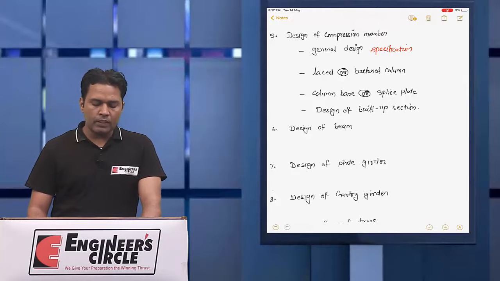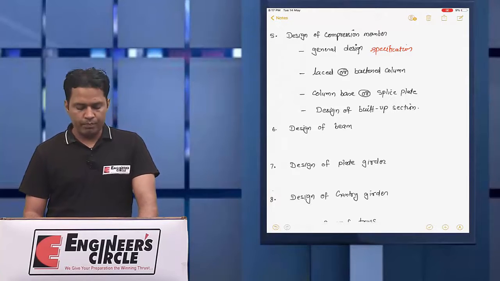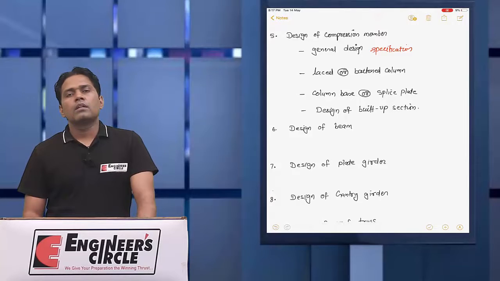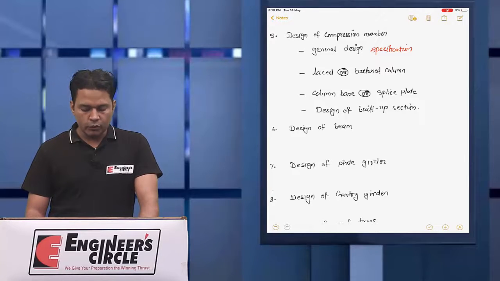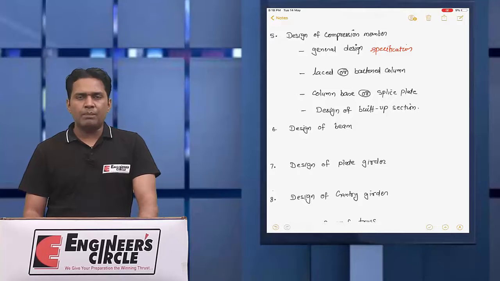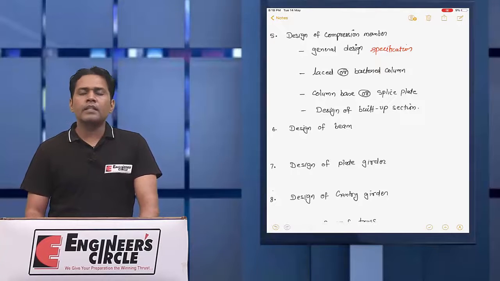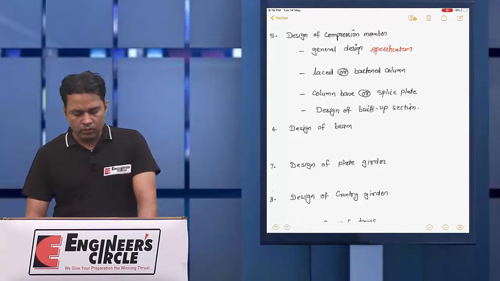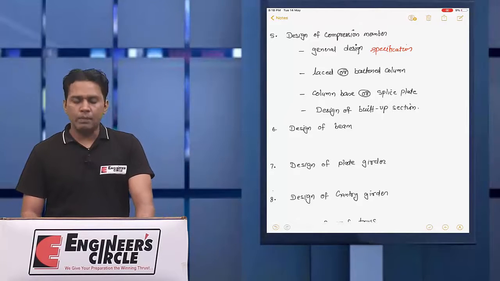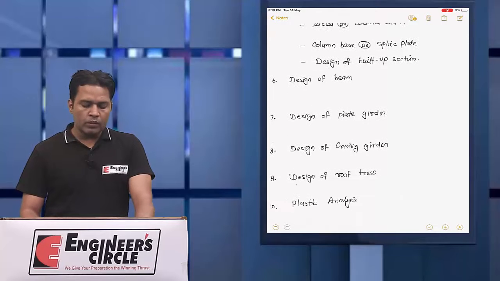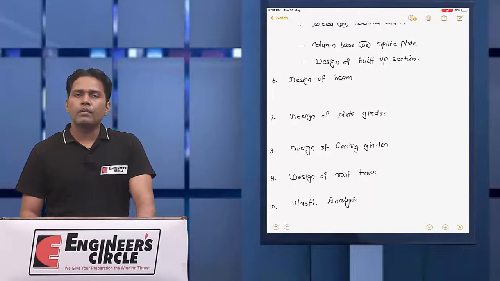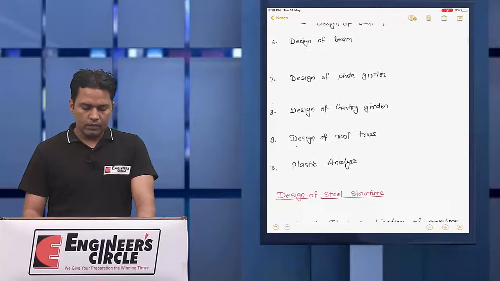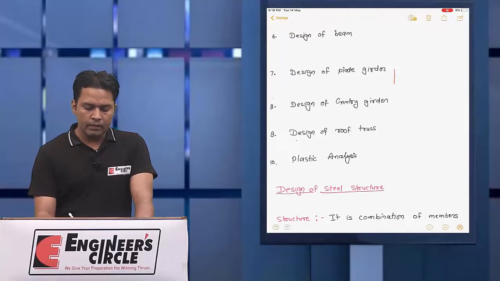Then we will move on to the lacing and batten column. After that the column base or splice plate. After that the design of built up section. We will cover all 4 topics in the compression member. Then we will move on to the design of the beam, and then the design of plate girder.